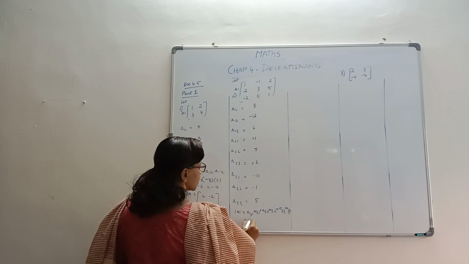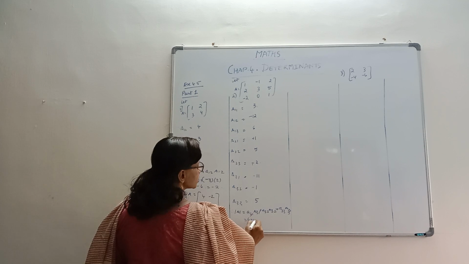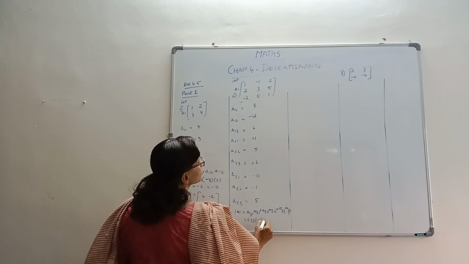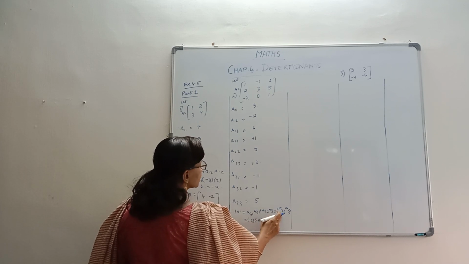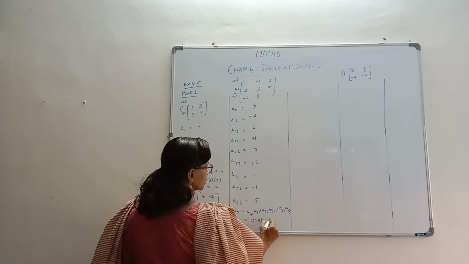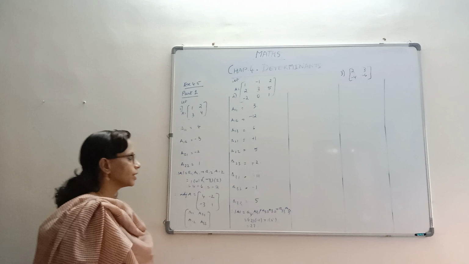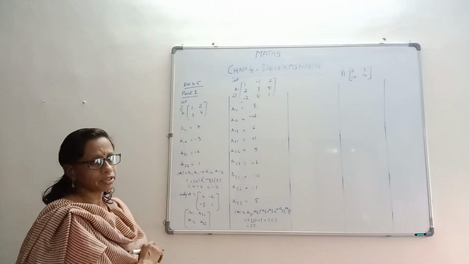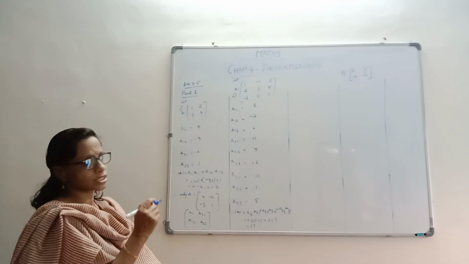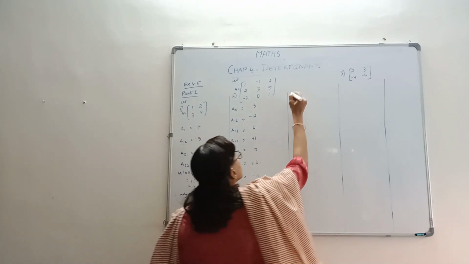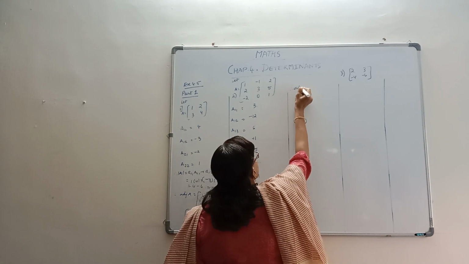So it's minus 2 into A31, which for us is minus 11. Then A32 is 0, so you need not take it. Then A33 is 1, and then 5. So it's 22 plus 5, 27. And that's just to check whether it exists or not, since we require only the adjoint. That's it. Then the adjoint of A.